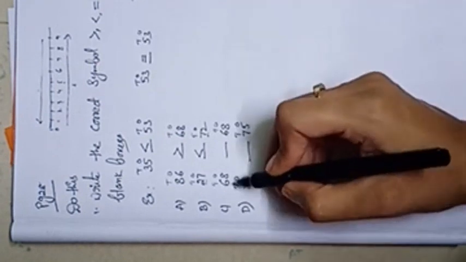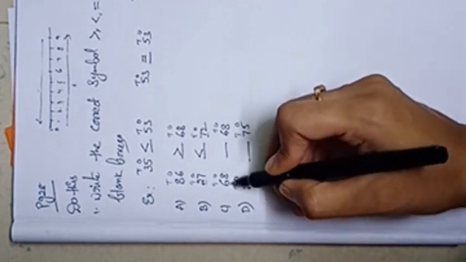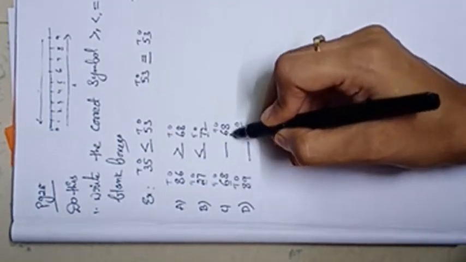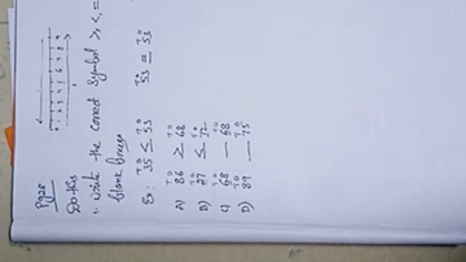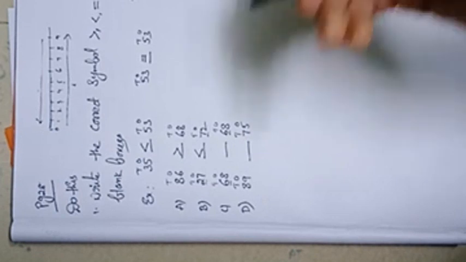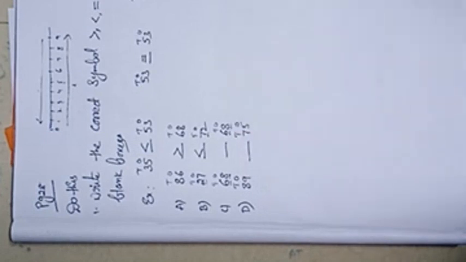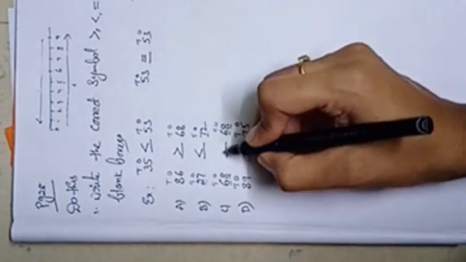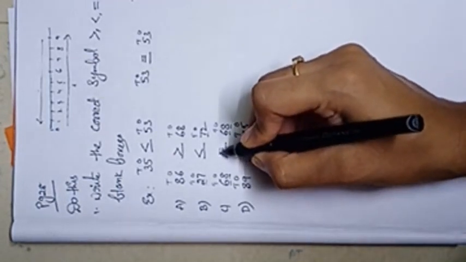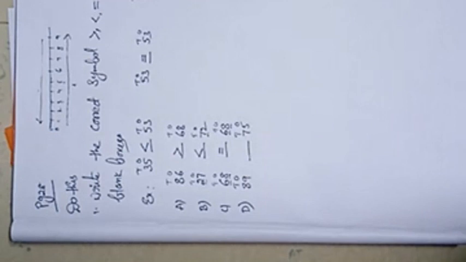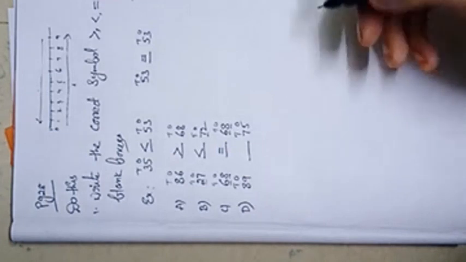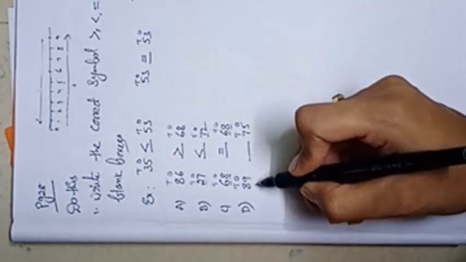Children, now you answer this. Here I have 6 in tens place. Here also I have 6 in tens place. When we have the same numbers in tens place, then we have to go and check the ones place number. So here in ones place I have 8. Here in ones place I have 8. Both the sides I have the same number. So which symbol will I get here? Equal to. Both the sides same numbers are given means without any doubt put the equal to sign. Let's go to the next question.